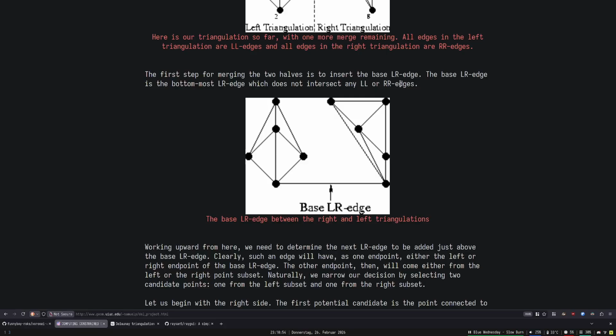So we can grab the bottommost points, but if those intersect, then what? The bottommost LR edge, which doesn't intersect with anything. So that would be how do we even obtain that? So we'd say